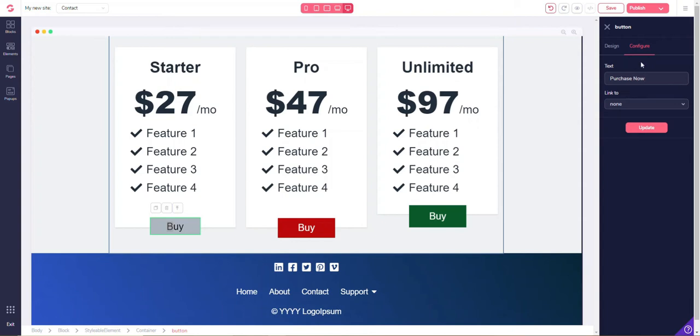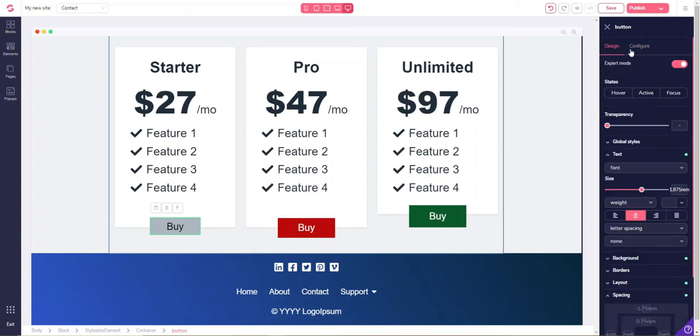Whatever you want the button to say, and then you just click update, and here it says purchase now. I'm going to change it to buy and hit update. Go back to design. So you click design, and